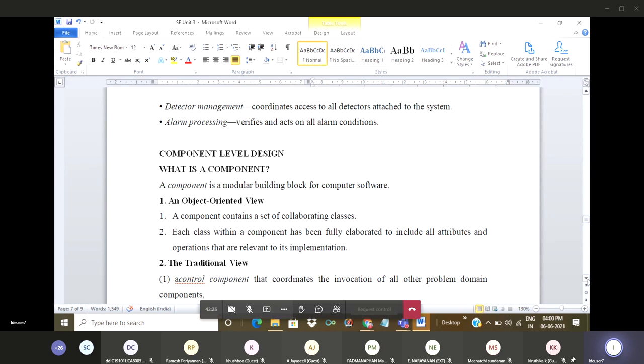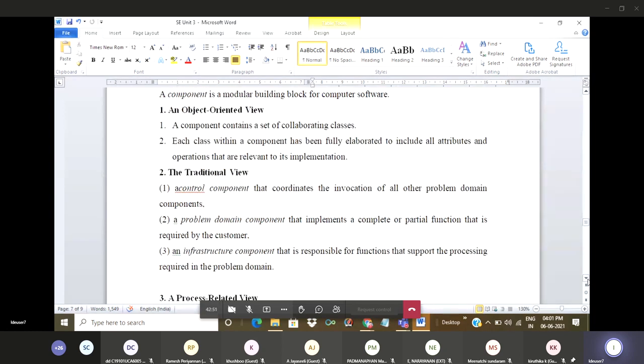Next title is component level design. So what does it mean by component? A component is nothing but a modular building block for computer software. We have certain views in component level design. One is the object-oriented view. A component contains a set of collaborating classes. Each class within a component has been fully elaborated to include all attributes and operations that are relevant to its implementation. Second,